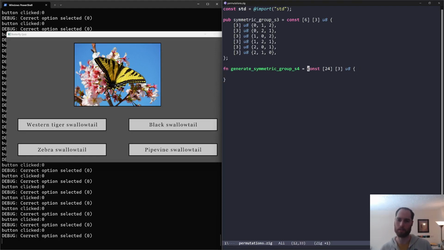Okay, it's a function, so actually it's not going to take in anything, but it's going to have that as an output. So the result here is going to be 24 of these things. Currently it's undefined, and then we just want to fill it up. So then we want to say,